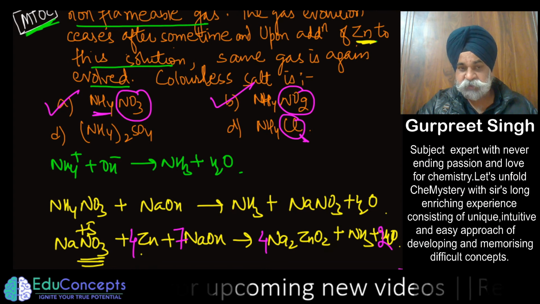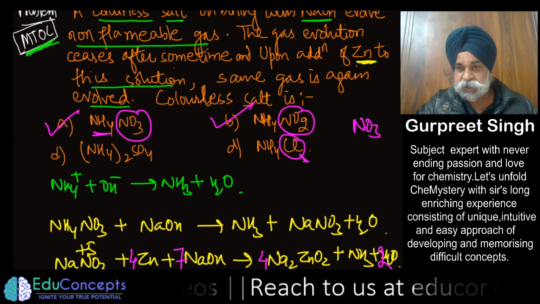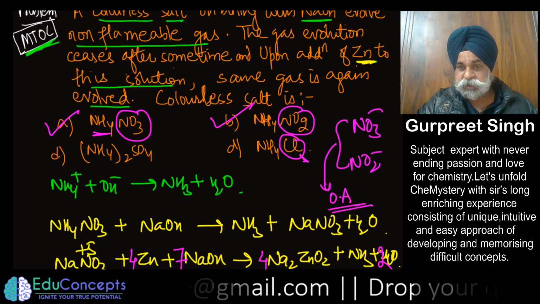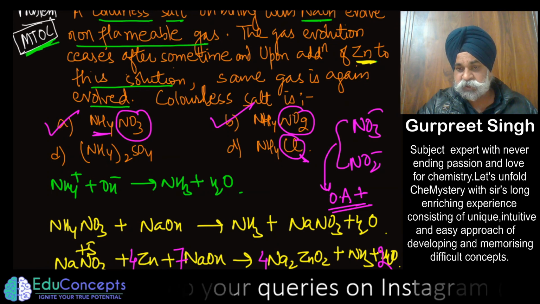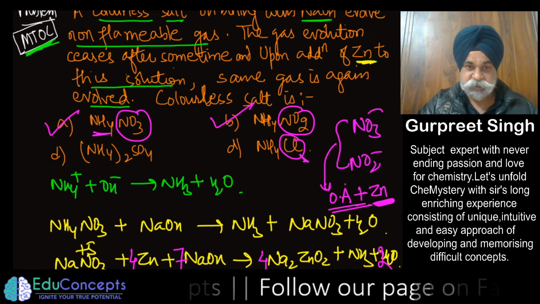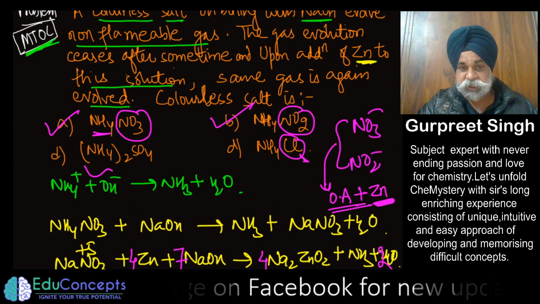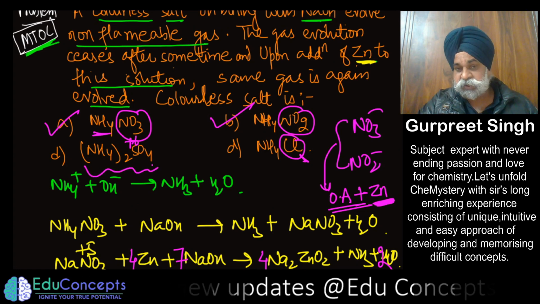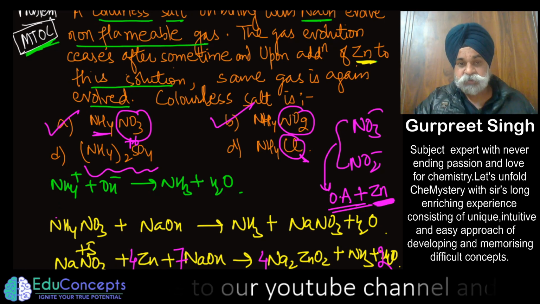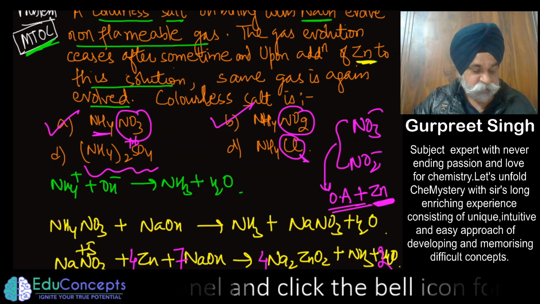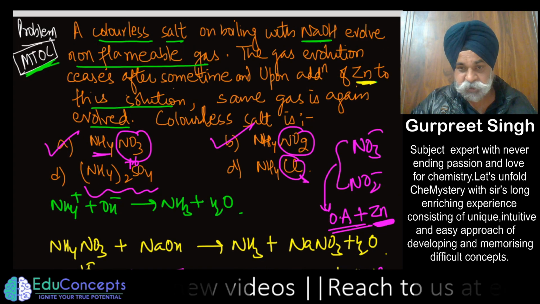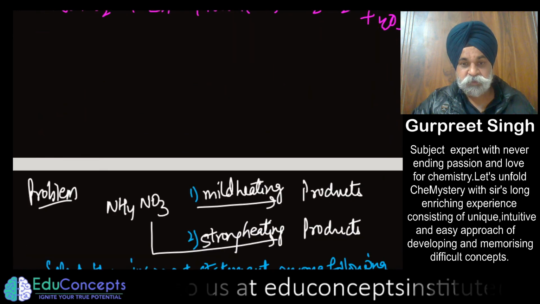If you treat it with A and B, nitrate or nitrite ion are strongly oxidizing in nature, and this oxidizing agent would oxidize this zinc and will evolve ammonia gas. But if in case you treat it with sulfate, which is also in plus 6 oxidation state, it also would want to come down, but it is not able to generate ammonia out of it. It tends to generate nitrogen, but to a very small amount. So best out of the four options would be the A and B option. Okay, so what are we left with?